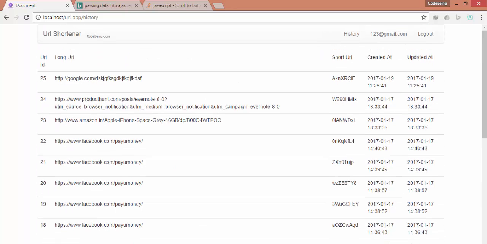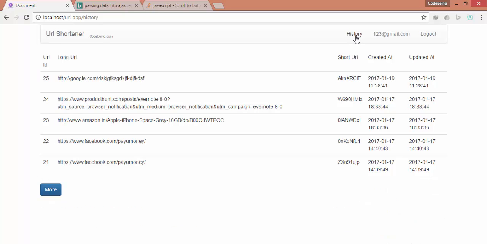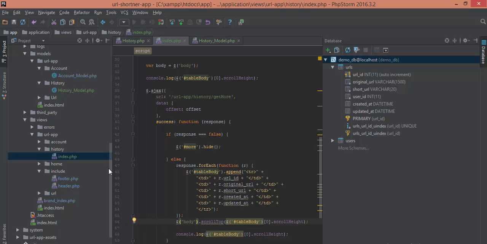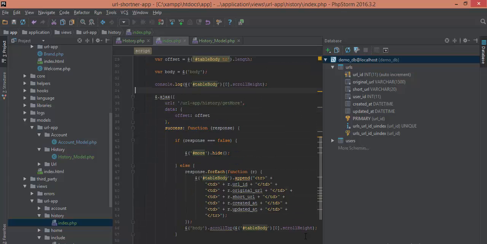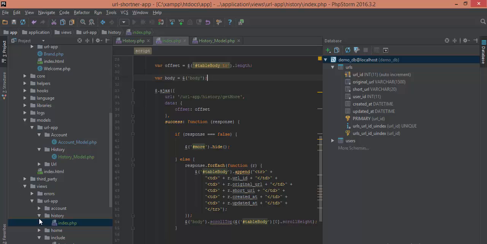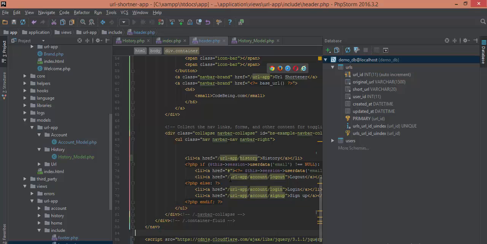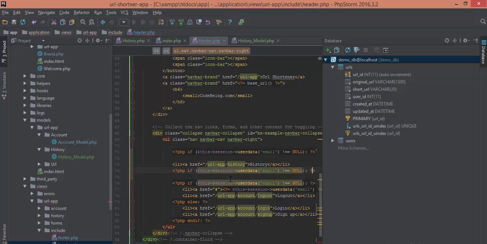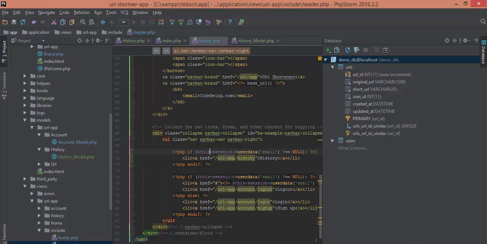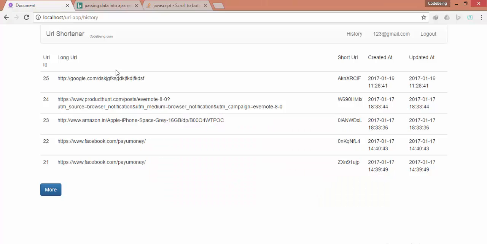There is one more thing: you can highlight your history link also. Currently the link is not visible as highlighted. So close this because we are on our solution here. Open your header page and open your history link and copy this here, and here also just remove this. How are you going to check if the history link is active? We need to get the URL segment here. So for that,